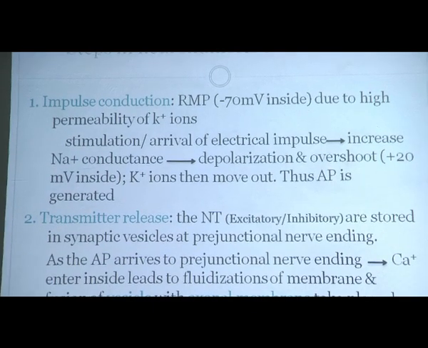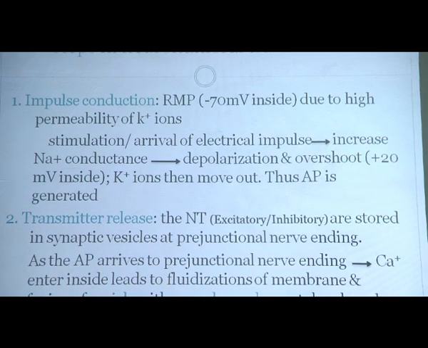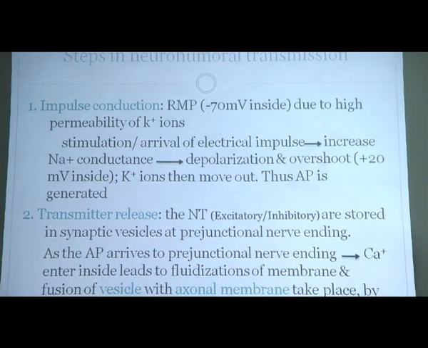Impulse conduction: we know that impulses are very important for the transmission of signals. In impulse conduction there is the RMP, the resting membrane potential, which is the difference in ionic composition intracellularly and extracellularly, and which can be recorded as a voltage. The resting membrane potential is always negative, which indicates a high concentration of negative ions intracellularly as compared to extracellularly. This resting membrane potential is maintained within minus 70 to minus 90